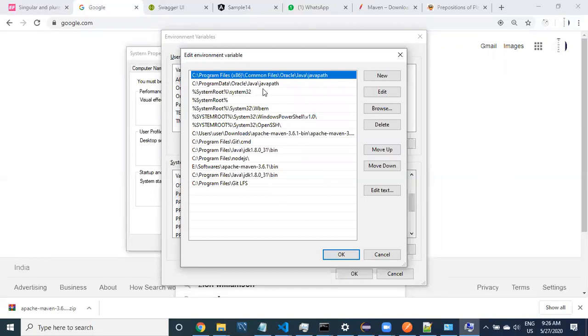If your machine is Windows 7 or Windows 8, this view may be different. If so, don't do anything here. I will tell you about that now. For Windows 10, or sometimes Windows 8 also, I guess, the same view will be there.